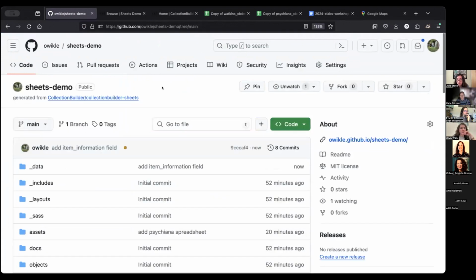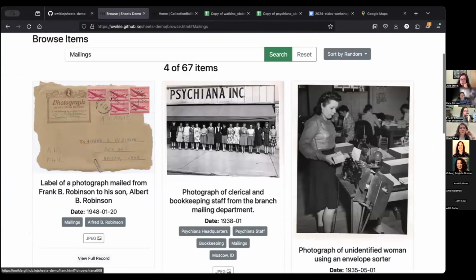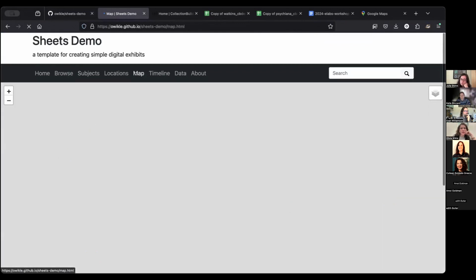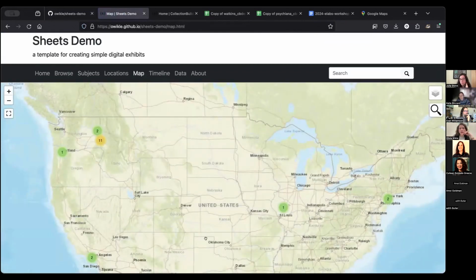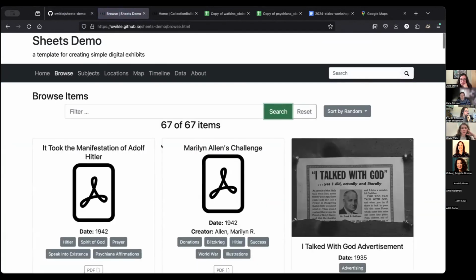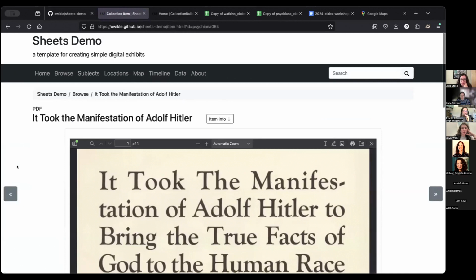Go back to the base of my repository and I'll show you. So my first two changes should have updated by now. If I go over and click on map, I can see that my map is now re-centered over the center of the states and also zoomed out a little bit. So that change was pretty easy to make in my theme YAML. The next thing I might want to check is the actual item pages. So if I click into an item page,